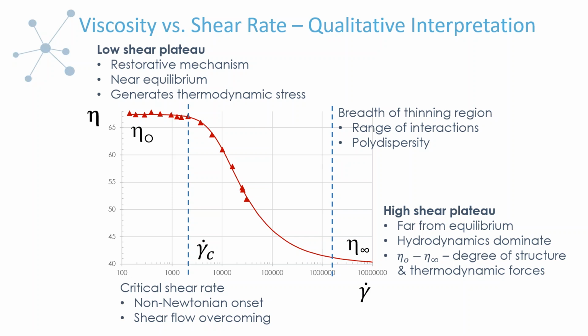In the case of long-range electrostatics, particles can actually position on a lattice structure, like a crystalline lattice structure. So the difference between these two is going to give you an idea of the strength of these thermodynamic forces and the degree of microstructure that existed because of them. And so I'll probably leave it there, although I could probably talk about it more, but I think that defines those particular types of viscosities, the plateau values that exist in many complex fluids.